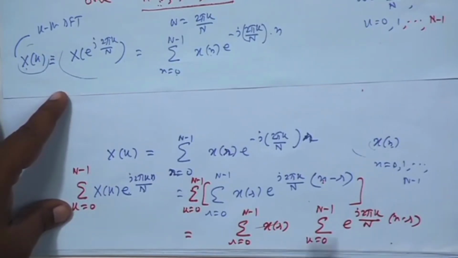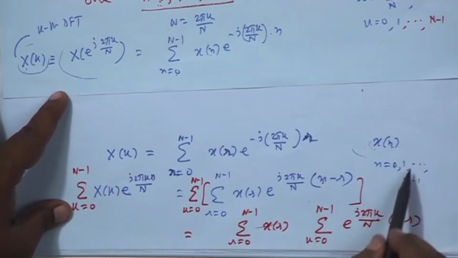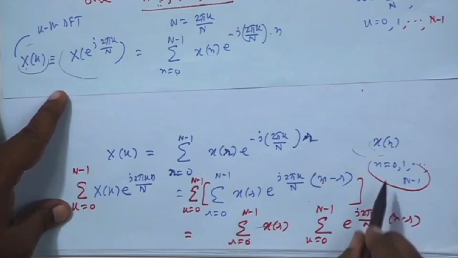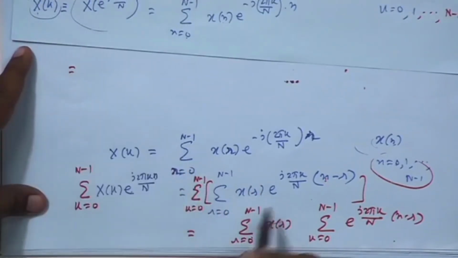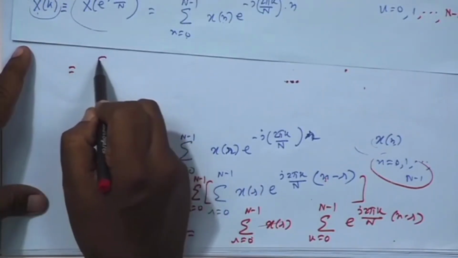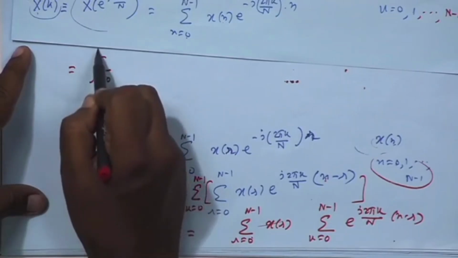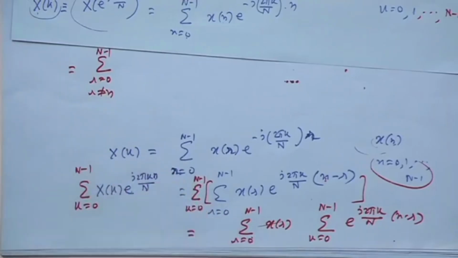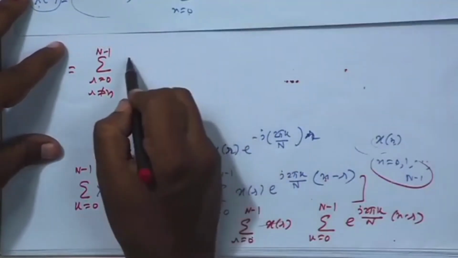Now, small n is your choice; you have fixed n in this range, and r is varying over the same range, 0 to n minus 1. As r goes from 0 to capital N minus 1, r will become equal to small n once, and on other occasions it will not be equal to small n. So I can write the right hand side as r equal to 0 to n minus 1, but r not equal to small n; the r equal to small n case I will write separately. So then you have x r